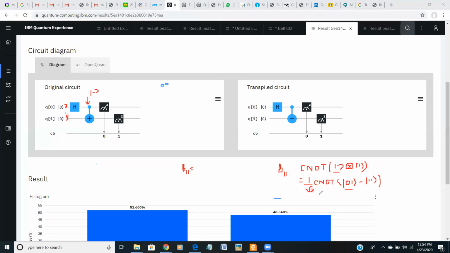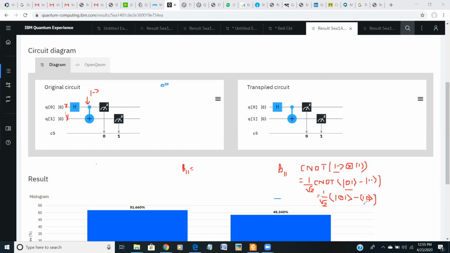So the result will be: the first one is the control, the second one is the target. So the target will be flipped.